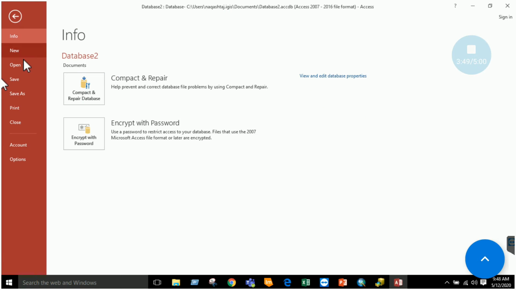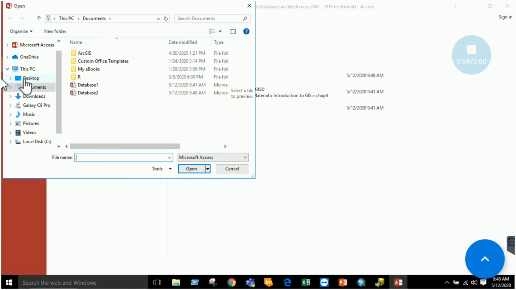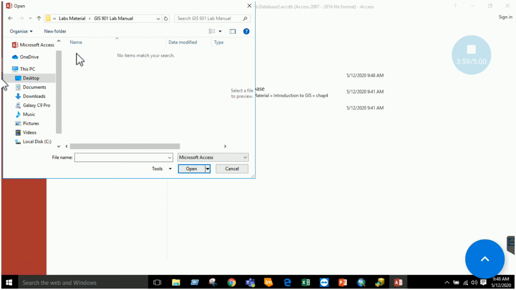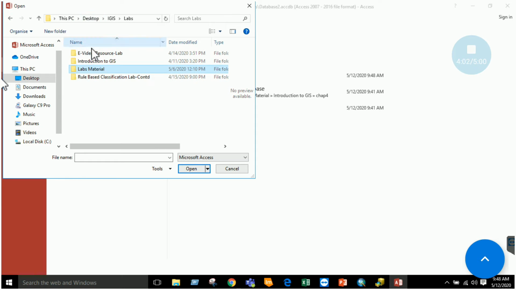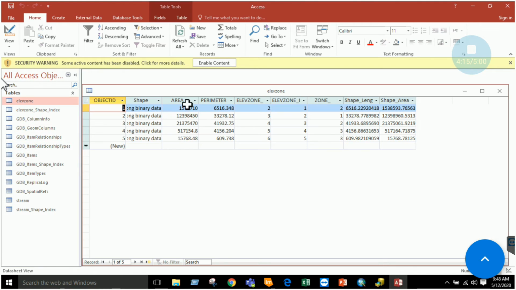Here you can open the file by browsing to your folder, chapter 4, and in chapter 4, for example, this is my file task1. If you just open this file, you will have all these files over here. If you click elevation zone, you will see that the shapefile data will be displayed here. The database will be displayed here, so you can use Access to assess your database.